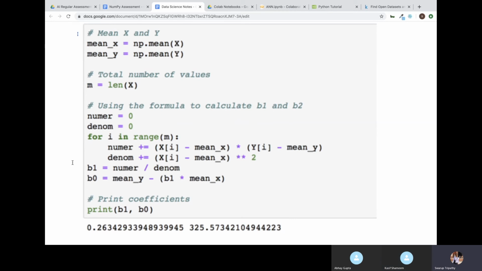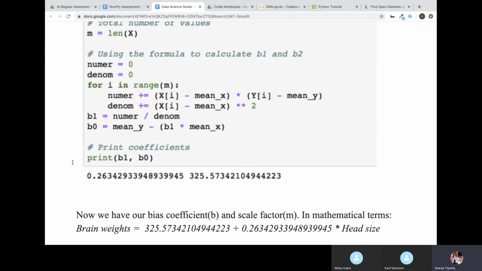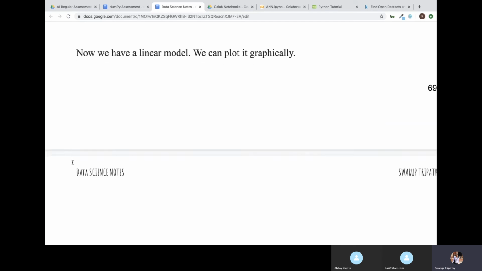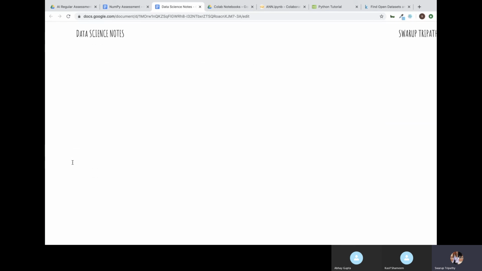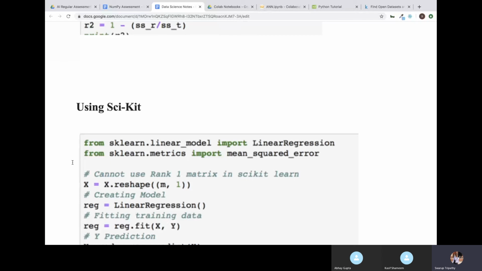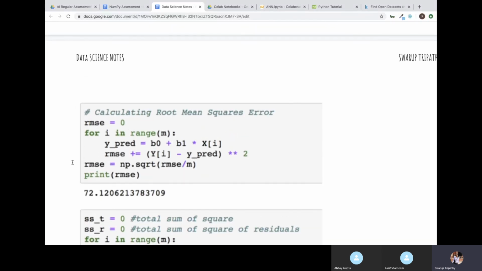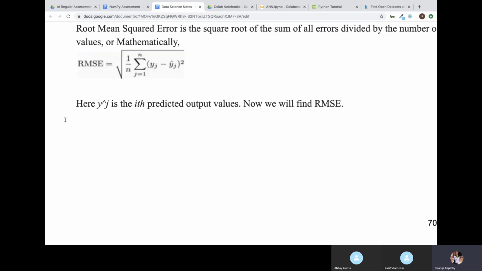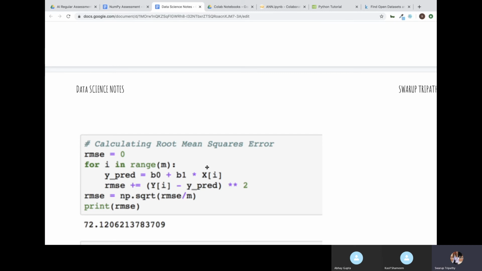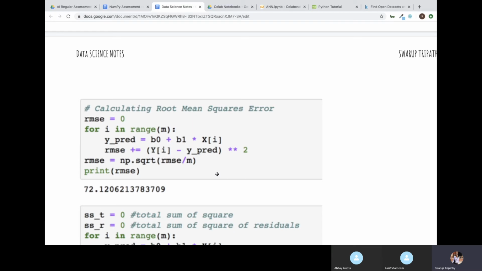Okay. So next, we are going to see this part: now we have predicted b naught and b1. So our y pred value will be b naught plus b1 into xi, that will give you y pred. But here we will calculate RMSE. RMSE is nothing but root mean square error. Mean square error gives you the cost function. Now to quantify that, we have RMSE, which is just adding a square root to it. So RMSE we will calculate.